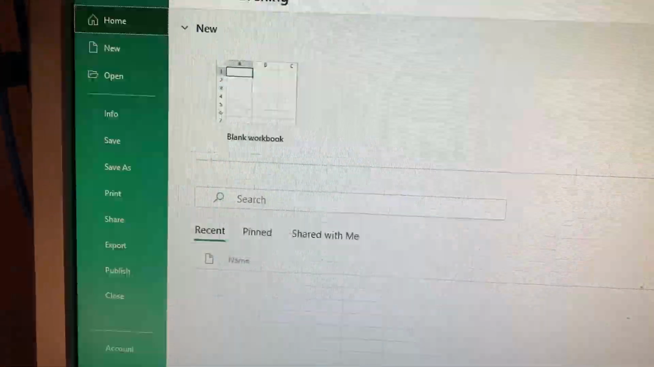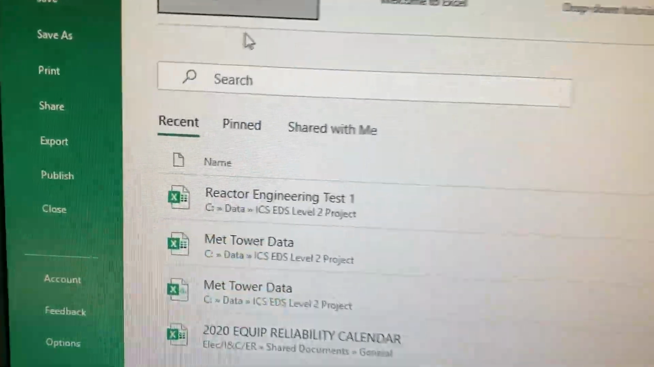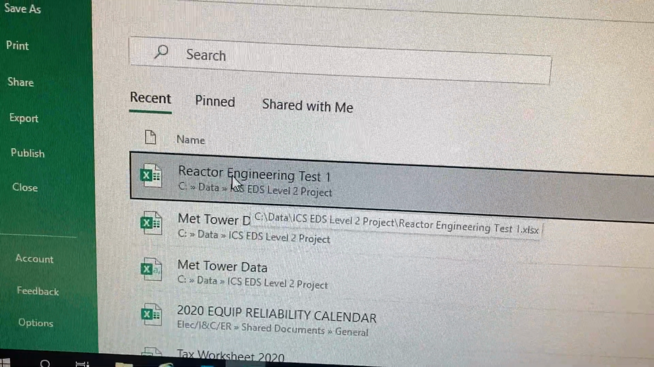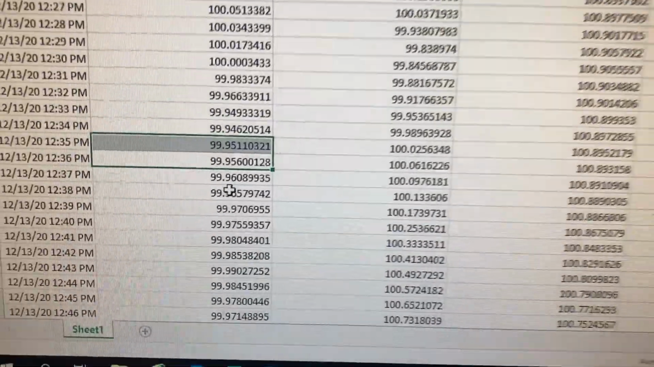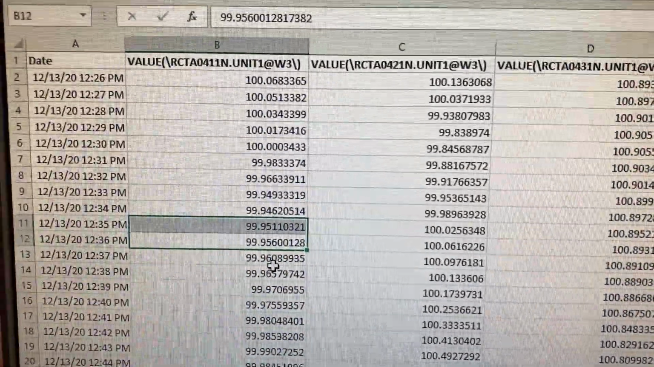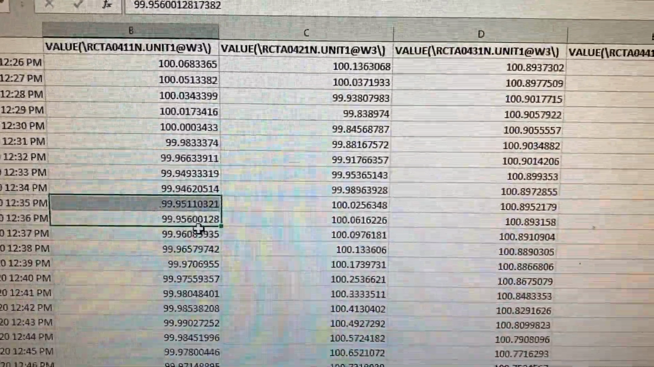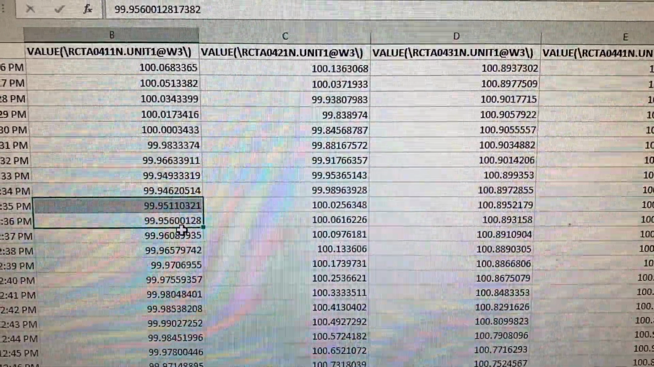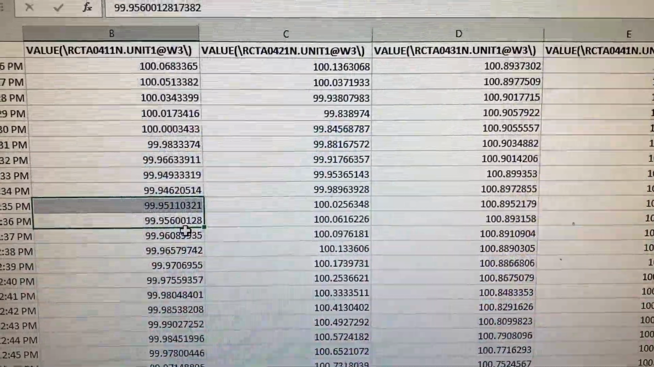I pre-built one that I'll just kind of pull up. I call it Reactor Engineering Test. This is that other trend that Reactor Engineering gave me, I think, are part of it. So this just already has points, dates, times, and these computer points that they trend. And once you have this built,